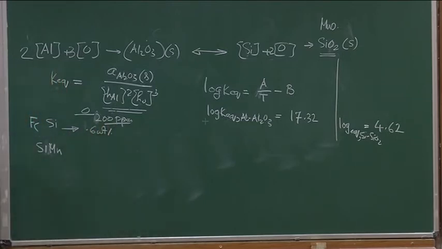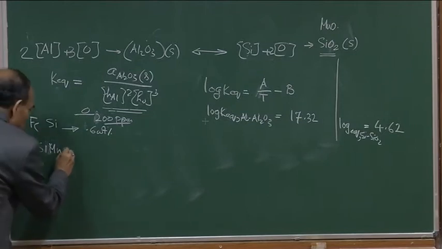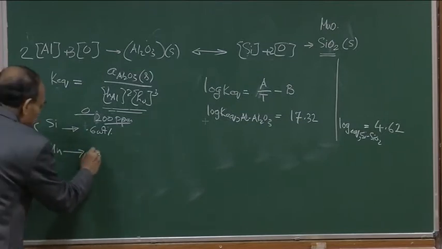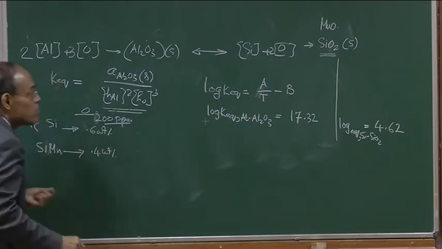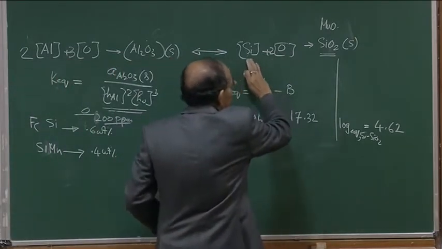I am arbitrarily quoting the value. And in this particular case, the silicon content is going to come out to be 0.4 wt% or so, because the chemical reaction is shifted towards